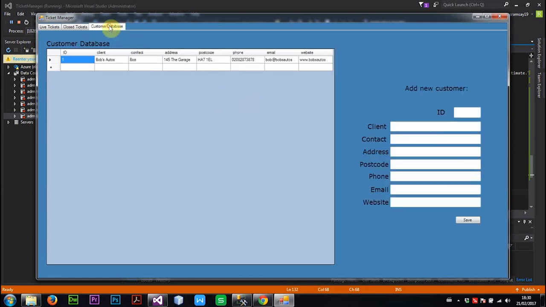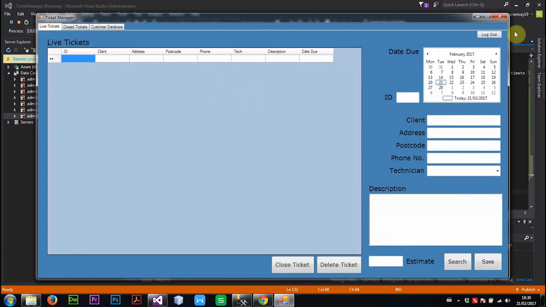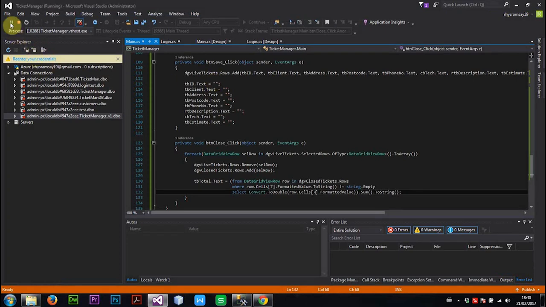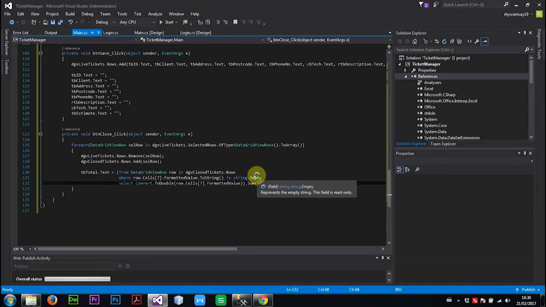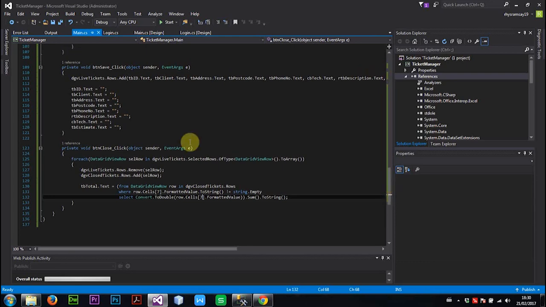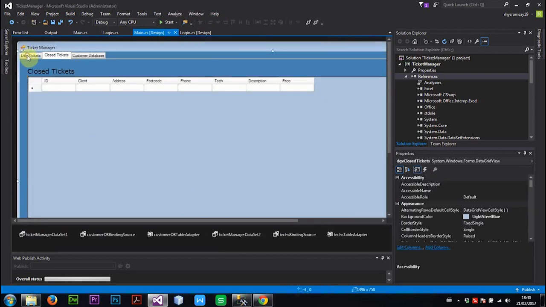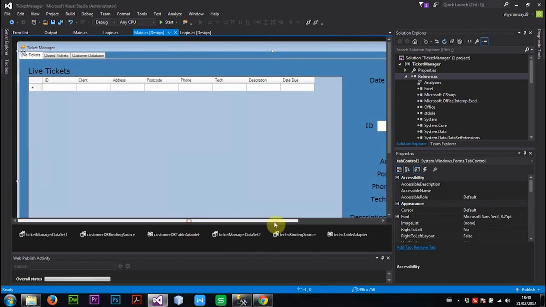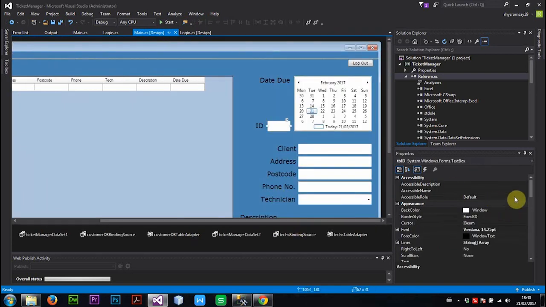So as you can see, that works as expected. We've got the total here. And that's pretty much what we wanted that to do. So now the next thing is to make our delete button in the live tasks form functional. So let's just go up to the main design, open this tab,